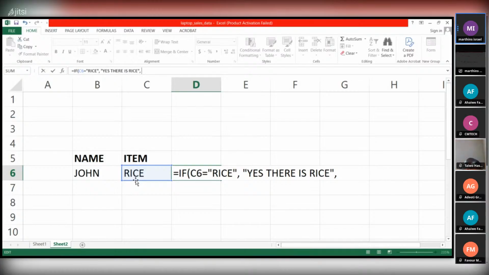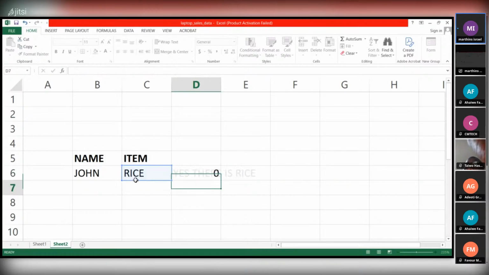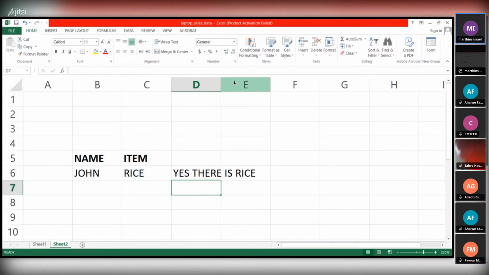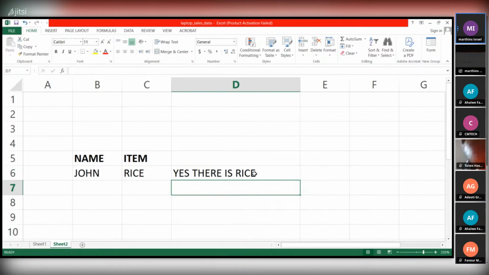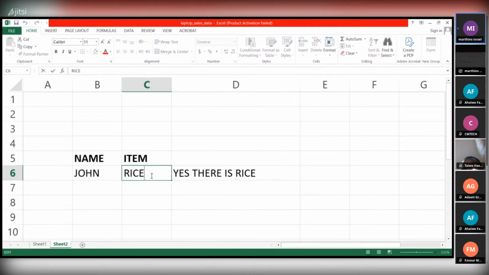It returns a false statement, which returns no, there is no rice. So when we close with our parentheses, what do we get? It checks which statement was there. So we see yes, there's rice. So let's remove, if there was no rice here,